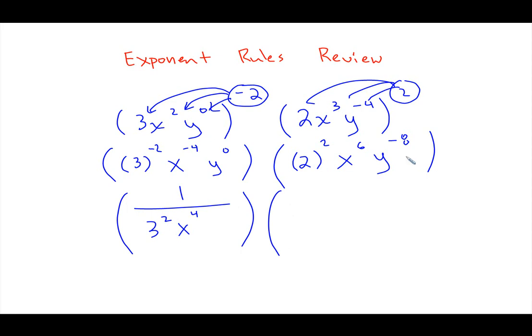And then over here, I see I have a negative exponent, so 2 to the second power, that'll give me 4, x to the 6th, and then the y to the negative 8, if I move it to the bottom, right, the exponent becomes positive, so this negative 8 becomes positive when you move down here. Now if I continue working this out right here, right, so if I multiply across, I'm going to end up with